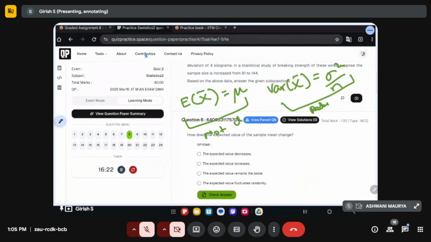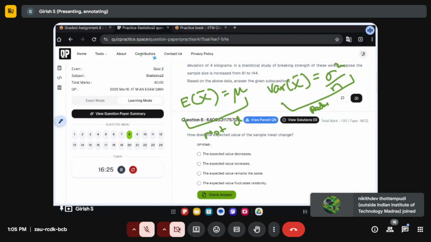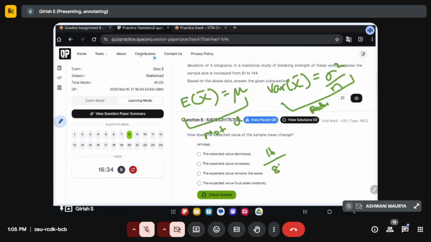So initially, did they give anything? Initial variance, what is it? It is sigma is 4. So sigma square by n, it should be this. Finally, the variance moved to this, 144. So let's see how much it's changed. Initially, we have to calculate 16 by 81, which is 0.197. And it turns out to be 16 by 144, 0.11. This is the change. You see variance is reduced, sigma square.